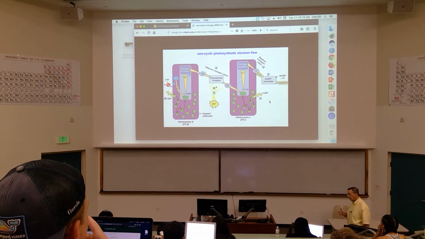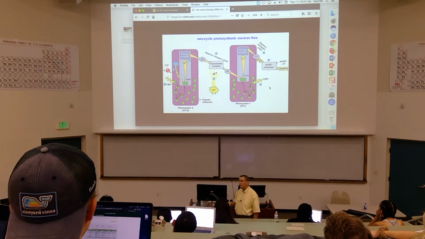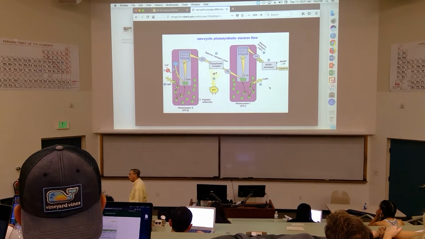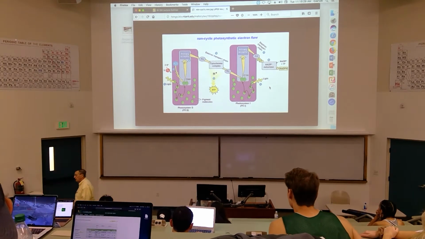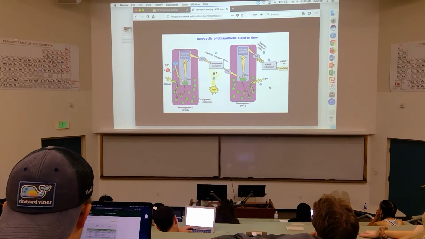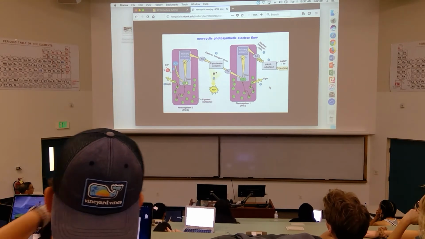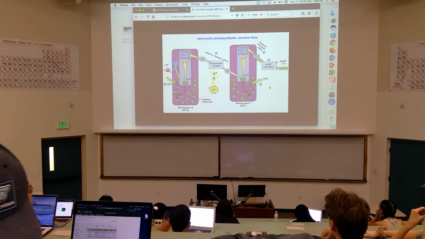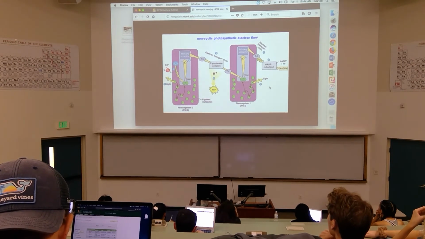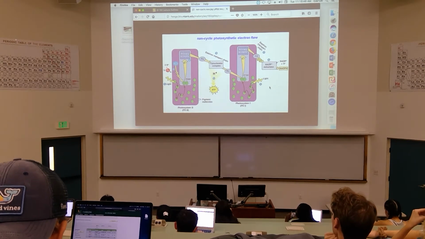This gives you an idea of the passage of the electrons in what we call non-cyclic electron flow in photosynthesis, or non-cyclic photophosphorylation. Eventually, it's going to produce the components you need in order to reduce carbon dioxide. We ionize the chlorophyll molecules, resonance transfers to the reaction center. The reaction center ionizes, gives it up to an electron transfer chain. The electron transfer chain creates a proton gradient. The proton gradient is going to go through the ATP